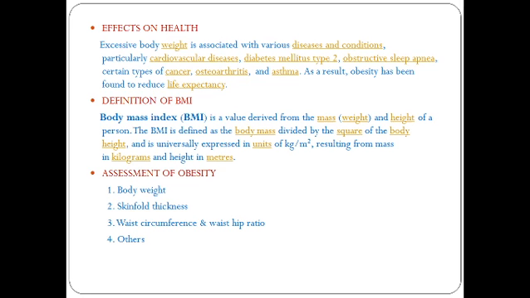Third is waist circumference and waist-hip ratio, that is WHR. Waist circumference is measured at the midpoint between the lower border of the rib cage and the iliac crest. It is a convenient and simple measurement that is unrelated to height, correlates closely with BMI and WHR, and is an approximate index of intra-abdominal fat mass and total body fat. Changes in waist circumference reflect changes in risk of chronic diseases.